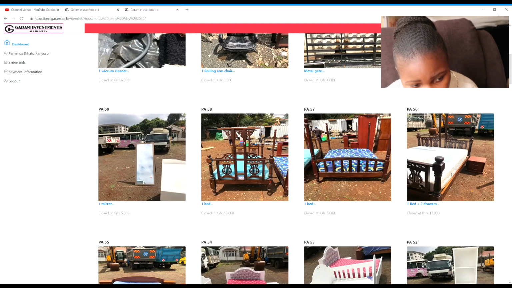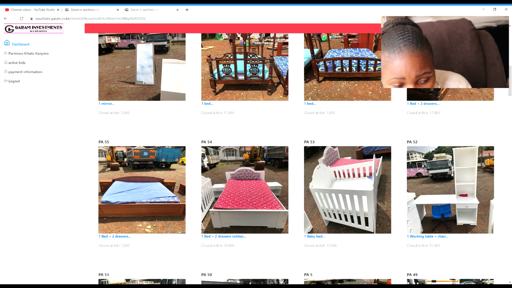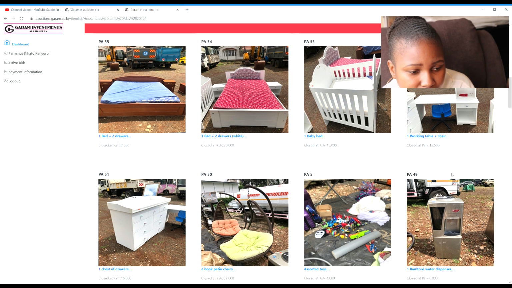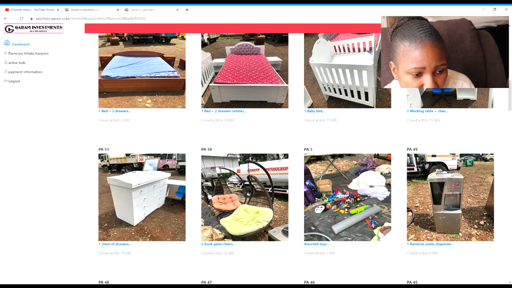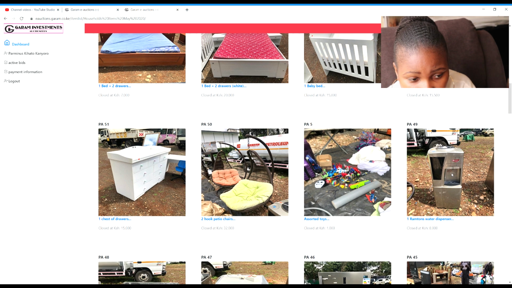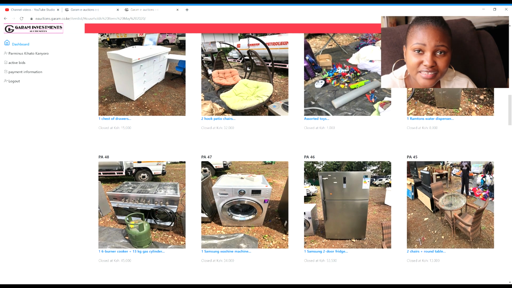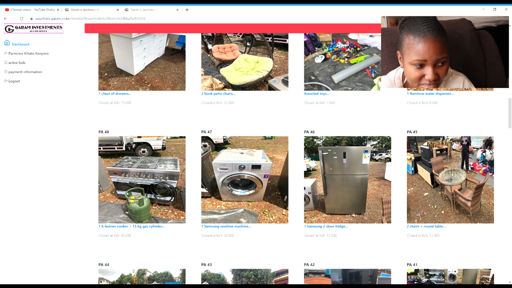on this massage bed. Currently no one has placed their bids, so I'm going to go below the image, click on place bids, and it will take me to a new window and it shows the current price is at 0 Kenyan shillings. So I'll place my 1,000 Kenyan shillings bid for the massage bed and place my bid,